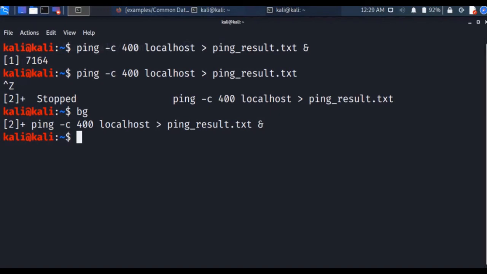and we can continue using the terminal as we wish. While doing this, keep in mind that some processes are time sensitive and may give incorrect results if left suspended for too long. For instance,